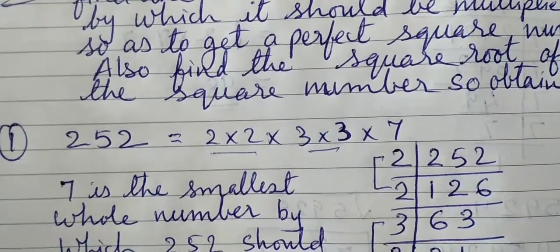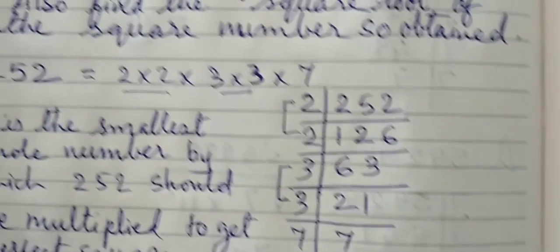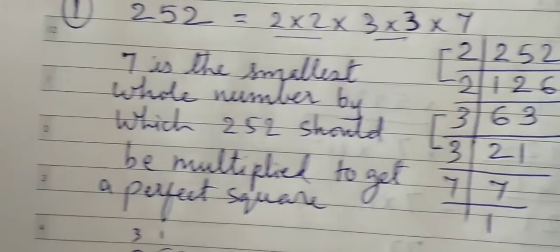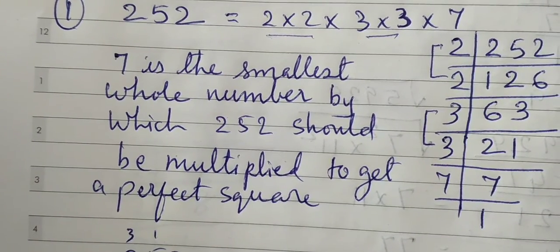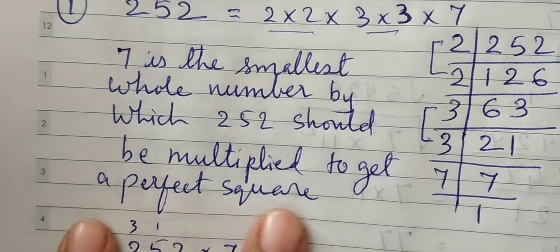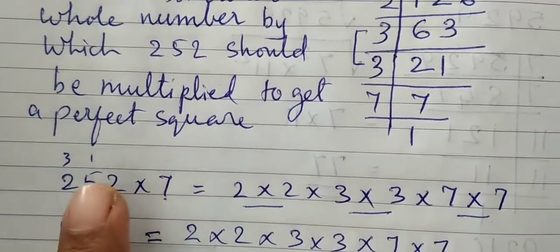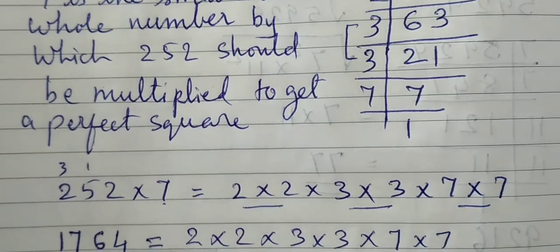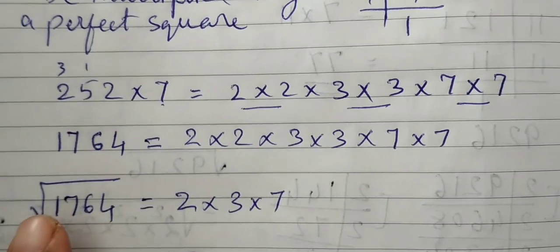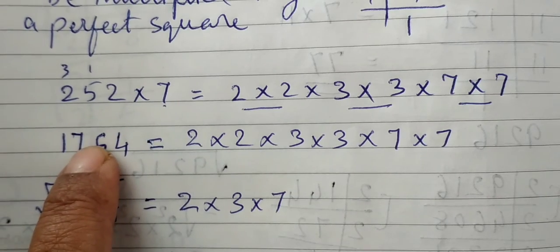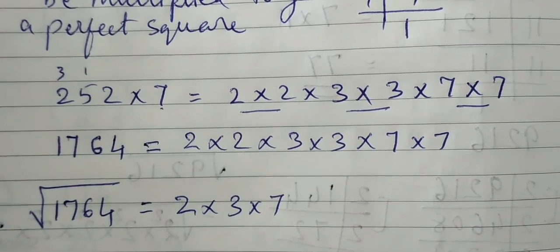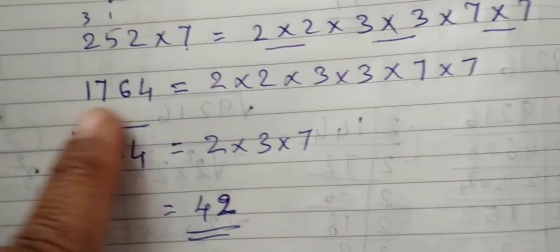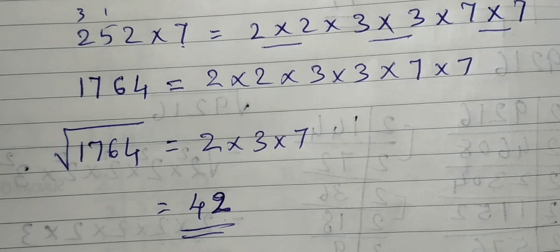Is that clear? So that's how you are going to calculate. Okay, आपने नंबर लिया, उसको फैक्टराइज किया, wrote down all the factors, then paired it. The one which is left out is going to be the smallest number. You have to write this process, और फिर कुछ नहीं करना है, इसको नीचे कॉपी डाउन करो. जो नंबर आप मल्टीप्लाई करो दोनों साइड मल्टीप्लाई करिए, फिर सिम्बॉलिकली ये मल्टीप्लाई करके यू फाइंड आउट द परफेक्ट स्क्वायर नंबर, and then go on for the square root. Symbolically write it and write down the perfect answer.